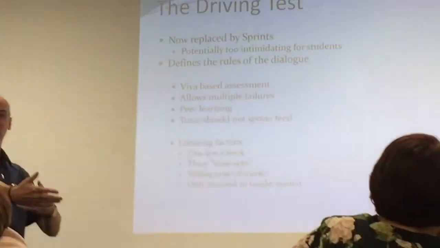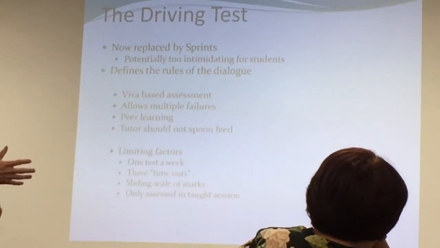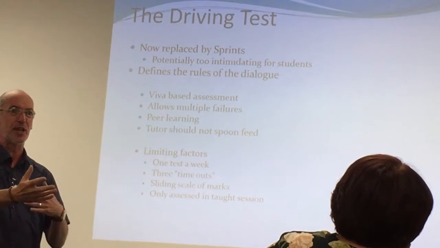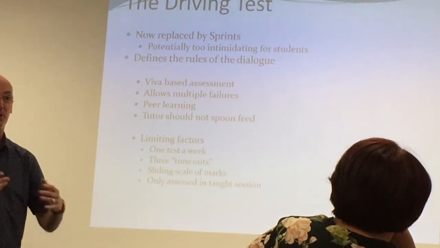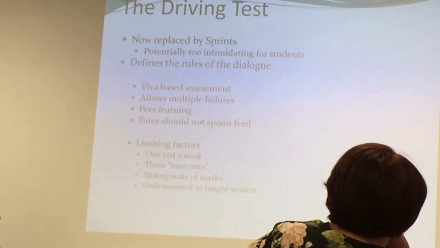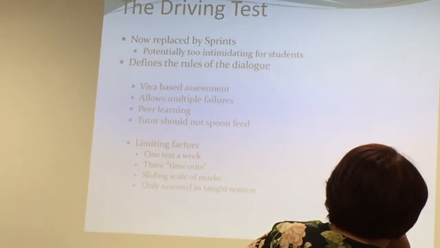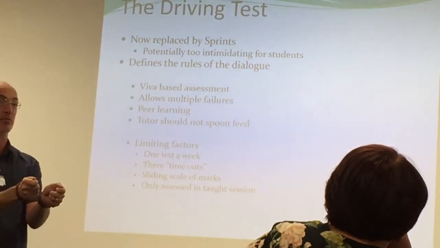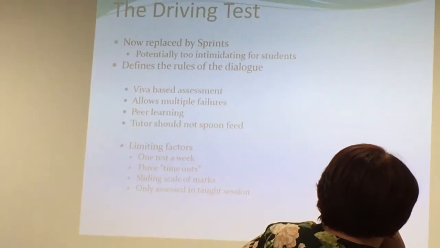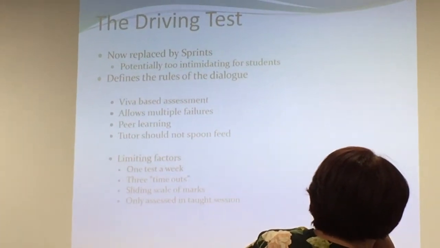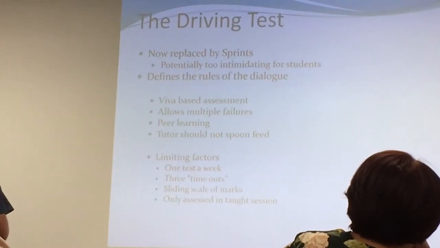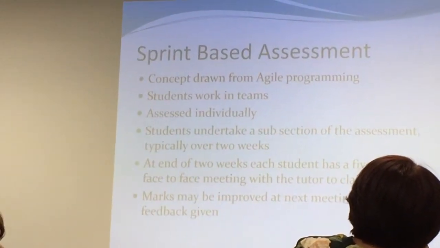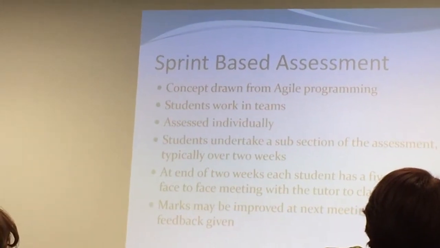There's no kind of equality in the relationship where I'm actually there supporting and helping to build their self-esteem, because I'm the one with the big stick saying you've done it right, you've done it wrong, and they're the one coming to me with their bowl saying, can I have some marks please? And I didn't feel that dynamic in the relationship was particularly healthy. So I abandoned the driving test and went for a rather different model, and that's using sprints as a mechanism